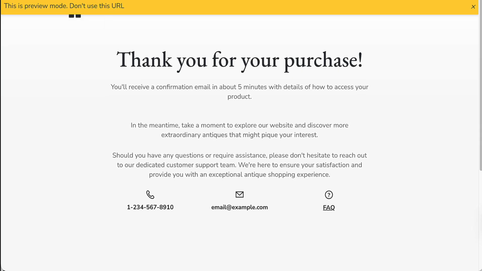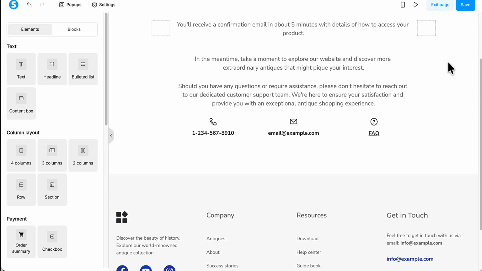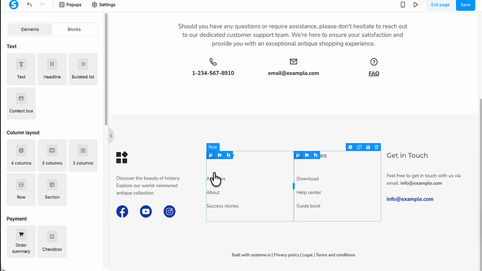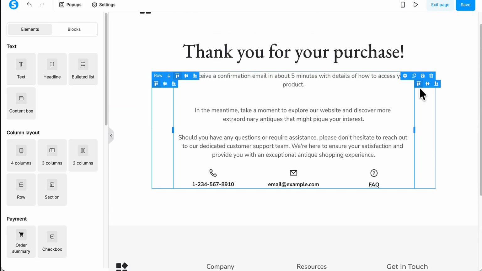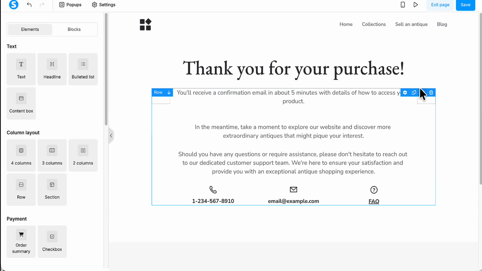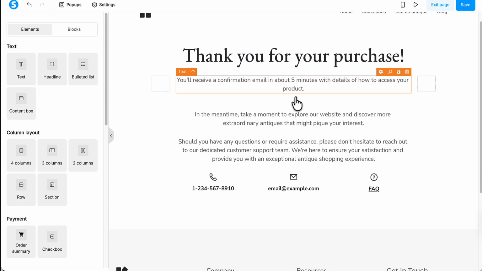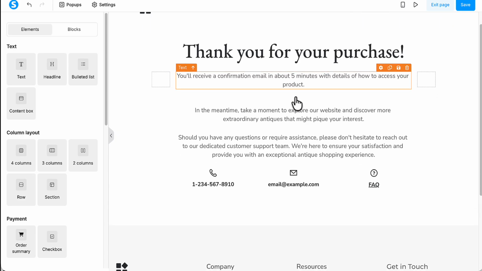So let's go back to the editor, and then we can just go down and update these sections, either update the links here or just delete them out, depending on how you want it looking there. I'm just going to leave that as it is for now in this example. One other thing we can actually do as well, now this is optional, is we can add an order summary